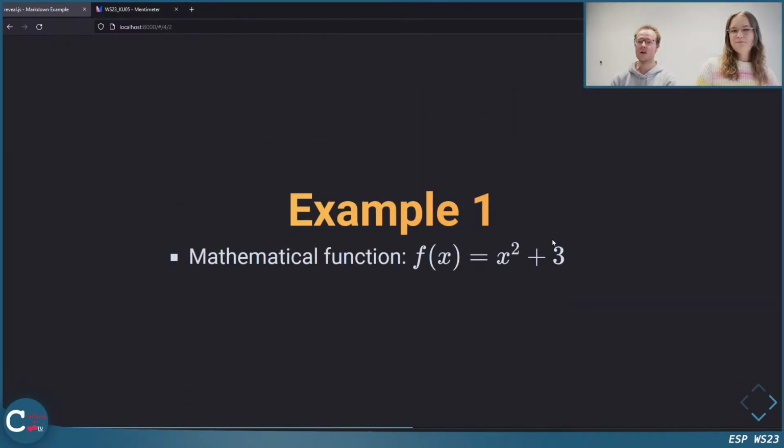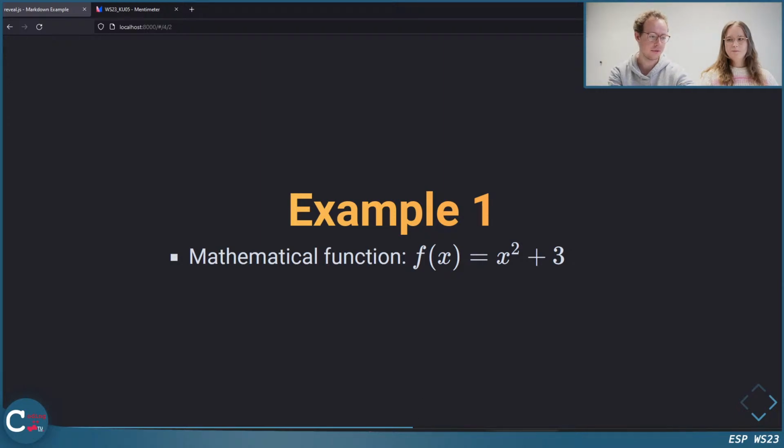Okay, so we want to write now a first function, and a very natural approach is that we take some mathematical function and try to write it in C. And later on, we will also see other examples of more computer science related functions. But we will start with a mathematical function to demonstrate now everything, how to write it in C.